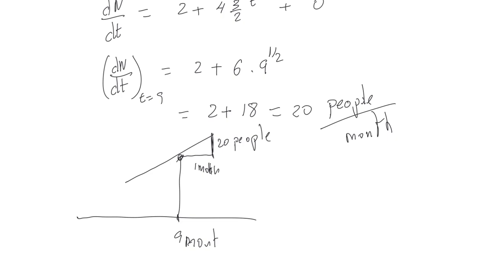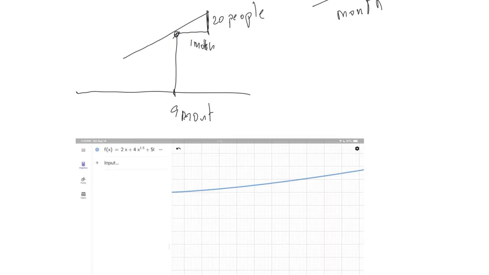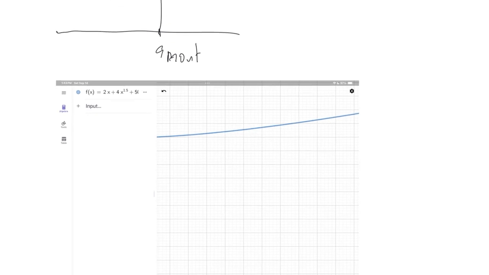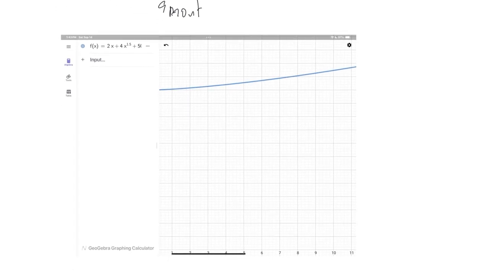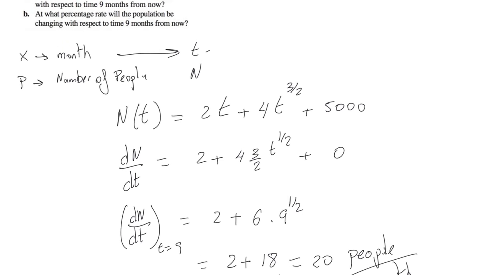Okay, if you graph this function in GeoGebra, let me graph it for you. And here is the graph. And if you see at 9 months, the value of the function will be 5,000 and something. You go here, and the value of the function at T equal 9 will be 9 multiplied by 2, 18 people, 18,